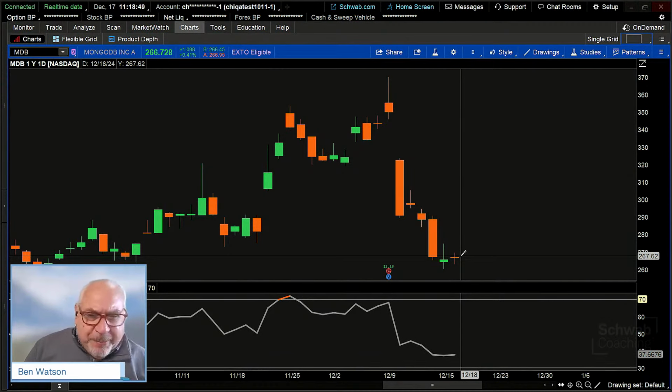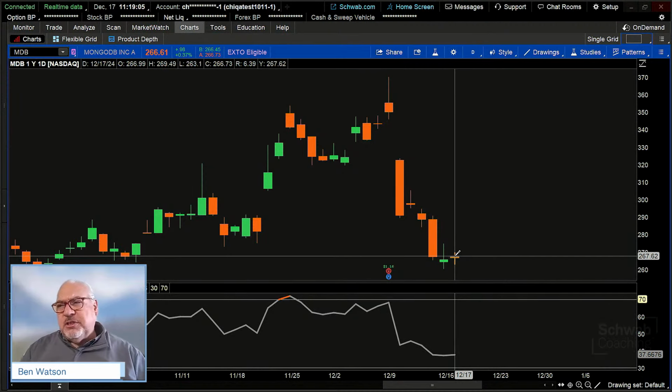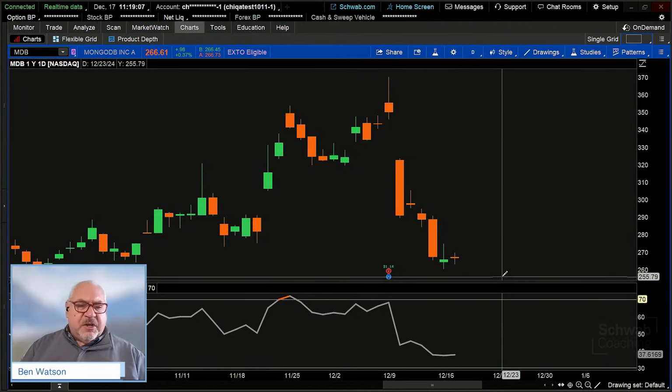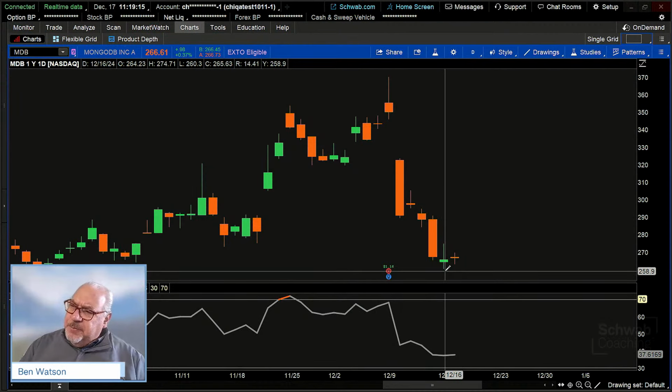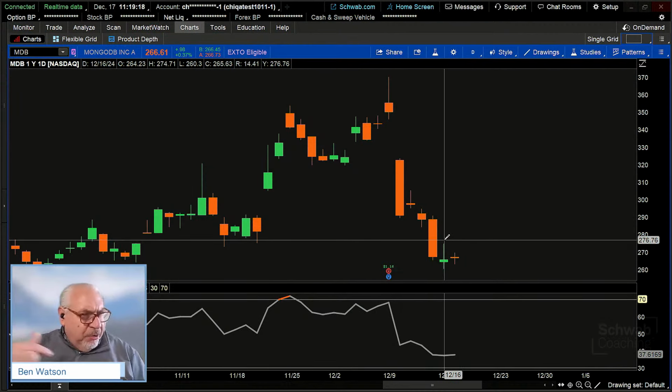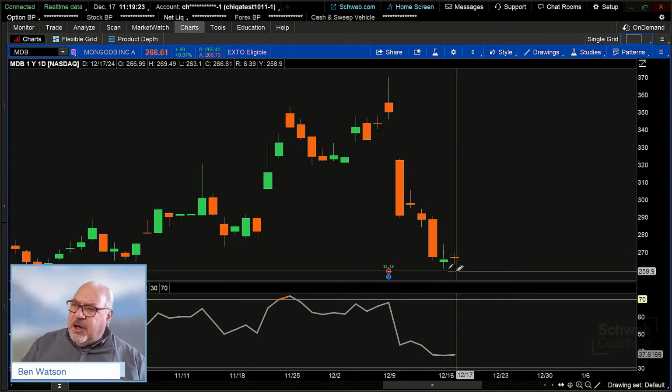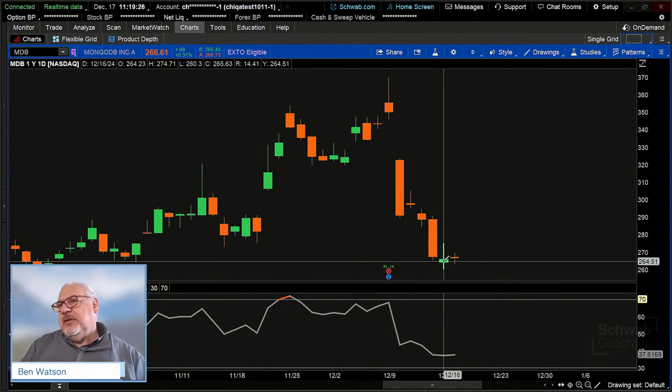So remember, if our entry into a bull flag comes as a function of a close above or a trade above the high of the low day, then oftentimes our entry into a bearish trade becomes a close below the low of the high day. So if this is our flagpole to the downside, and then this is our rally back up, that's our pullback, if you will, in the direction of the trend, and then we see this move in the opposite direction. So what we're looking for, if this is the high day in this pattern,